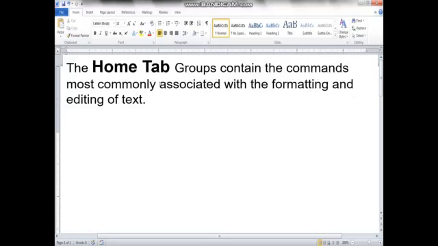Next is the home tab. The home tab groups contain the commands most commonly associated with the formatting and editing of the text. टेक्स्ट को एडिट करने और उनको फॉर्मेट करने के लिए सबसे इम्पोर्टेंट कीज हमें मिलती है होम टैब में। जैसे देखो फॉन्ट को चेंज कर सकते हैं, वी कैन चेंज द पैराग्राफ, वी कैन चेंज द स्टाइल ऑफ आवर डॉक्यूमेंट। These all are the changes that we get here in Microsoft Word under the home tab. Home tab में we get all these things, है ना।